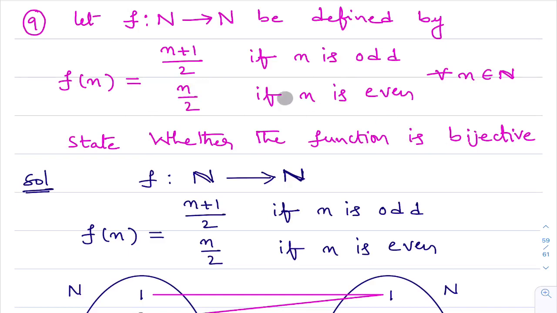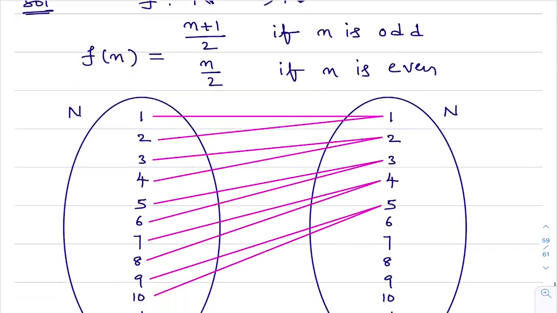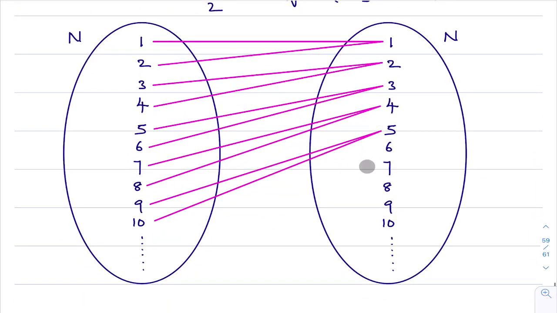First, I'll write the given information. What they have given? f is a function from natural numbers to natural numbers. That is what I have written. Now, f of n equal to (n plus 1) by 2 when n is odd. f of n equal to n by 2 when n is even. This is the given information that I also wrote. Now, to understand these things clearly, here you see I drew a diagram. It is not necessary to write this in the solution, but if you include this, you can understand what is happening exactly.